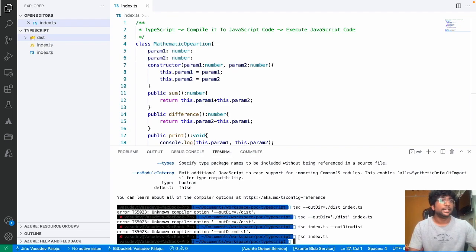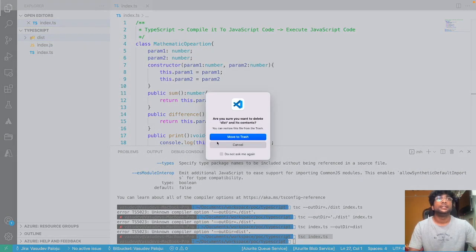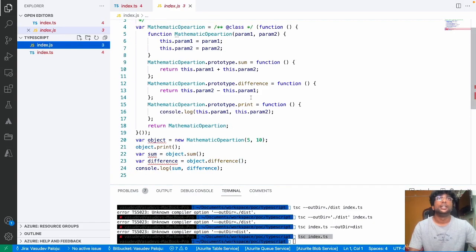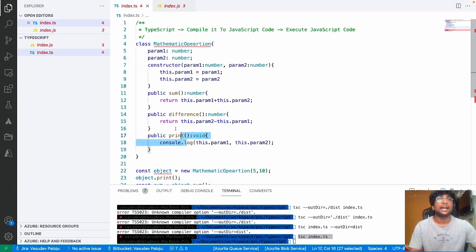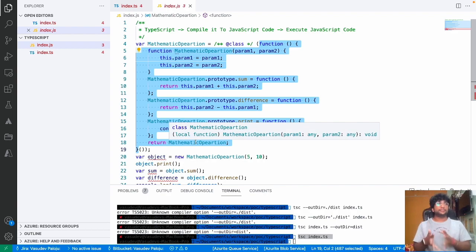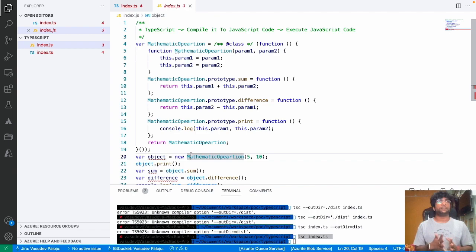Yeah, tsc index.ts. When I run this, what happened is, it generated a JavaScript file that is equivalent to what we have written. If you see carefully, we have written a class, but that has been converted to a function. So whatever TypeScript code your compiler or your computer is allowing you to write, eventually all of that needs to be converted to JavaScript. And since JavaScript doesn't support classes by itself, it was a new feature added to JavaScript in the later versions. So all of that code is compiled to